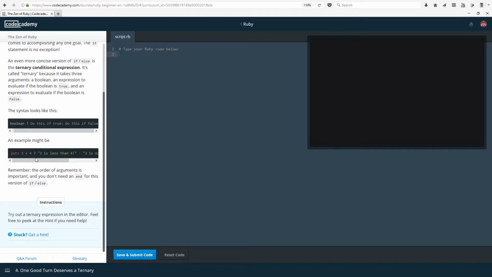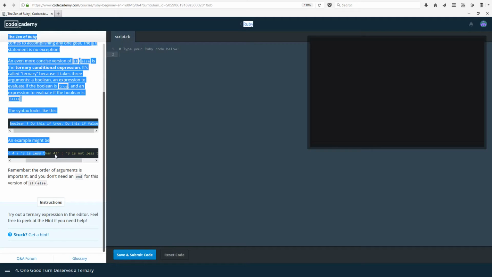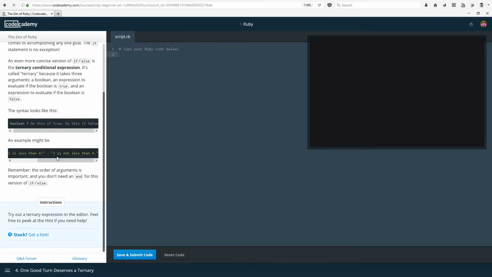That's going to evaluate to true because 3 is less than 4. Do this if true: 3 is less than 4. That's going to be put out. If the expression was false, so say it was 3 greater than 4, then this would be put out: 3 is not less than 4. So yeah, you get the point.